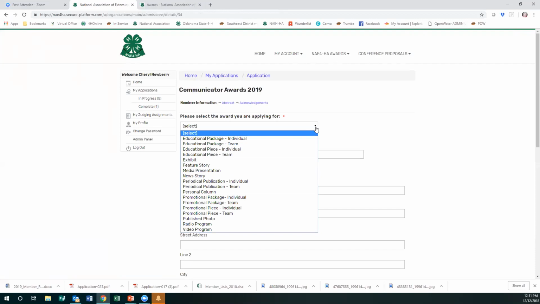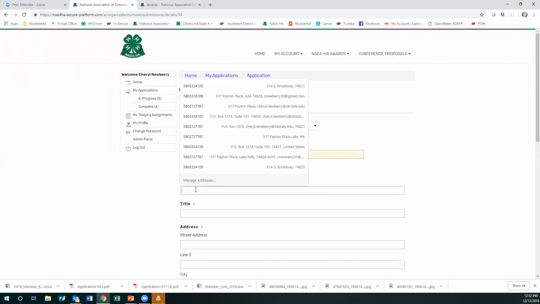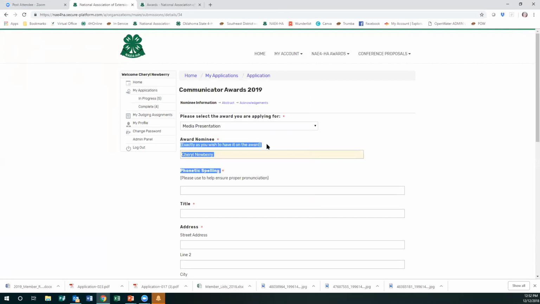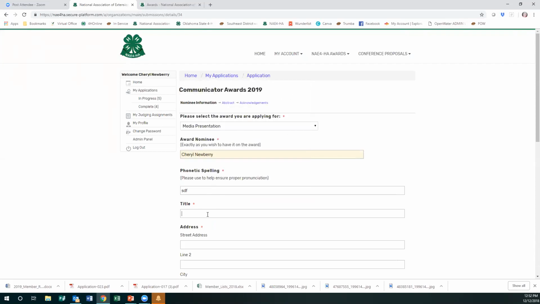So you'll simply pick from the drop-down menu the award category that you want to enter an application for. And if you have autofill, or if we're connected to your membership correctly, then all of this should fill in for you. You should be able to type your name in, and then your other information should autofill. So